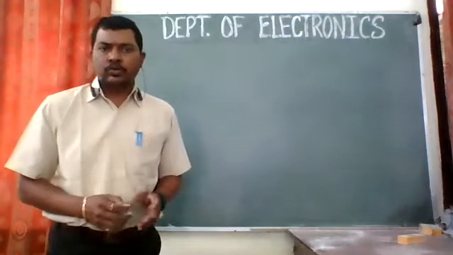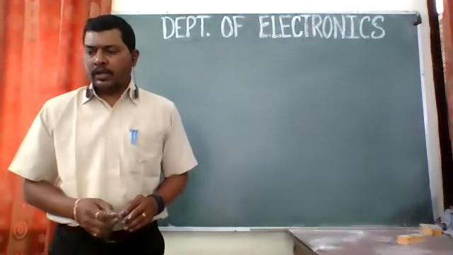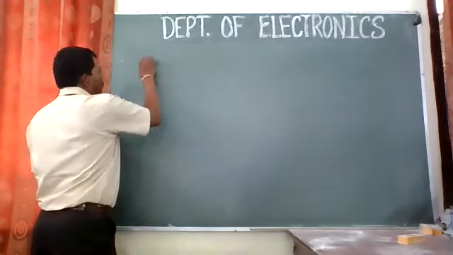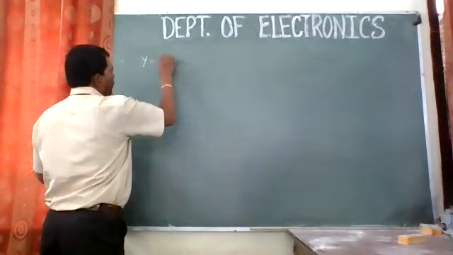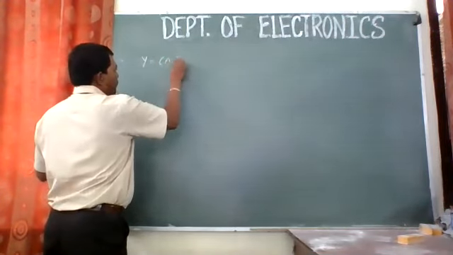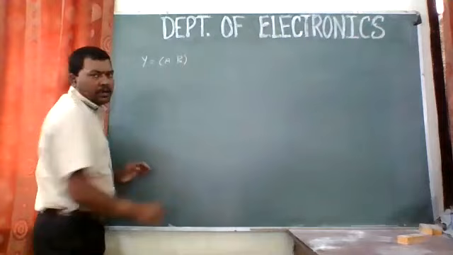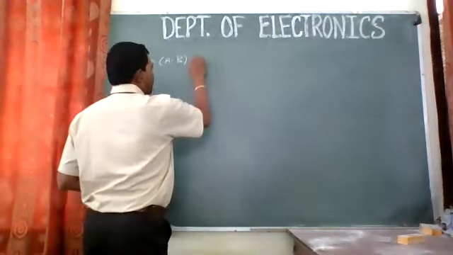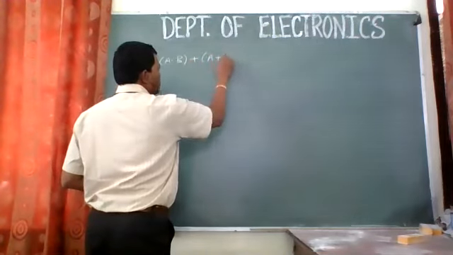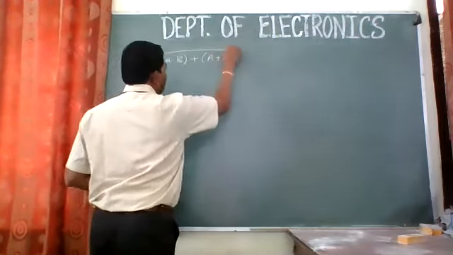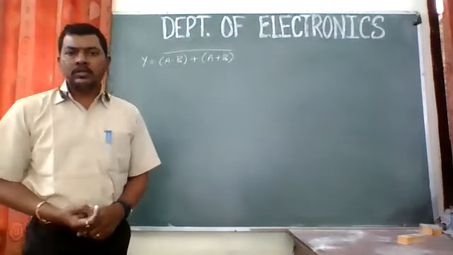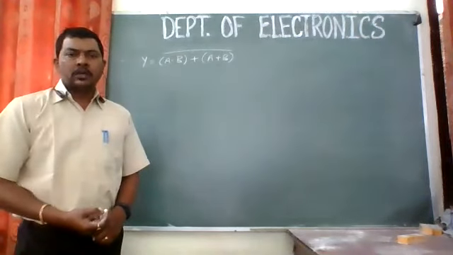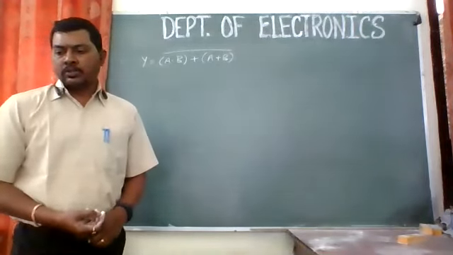So we'll try another question on that. Simplify the following expression by using De Morgan's theorem. Now the expression is like this: y equal to a dot b. If it is not visible, kindly keep me updated. So y is equal to a dot b plus, in the bracket, a plus b, whole complement, right? So we have to solve this by using De Morgan's theorem. Y equal to a dot b plus a plus b whole complement. So this is the equation.